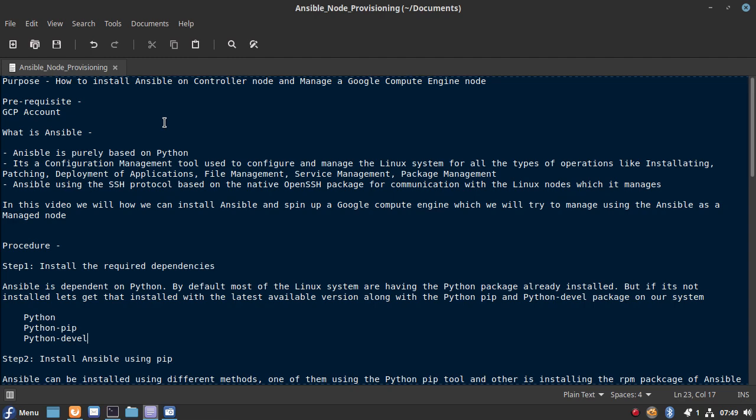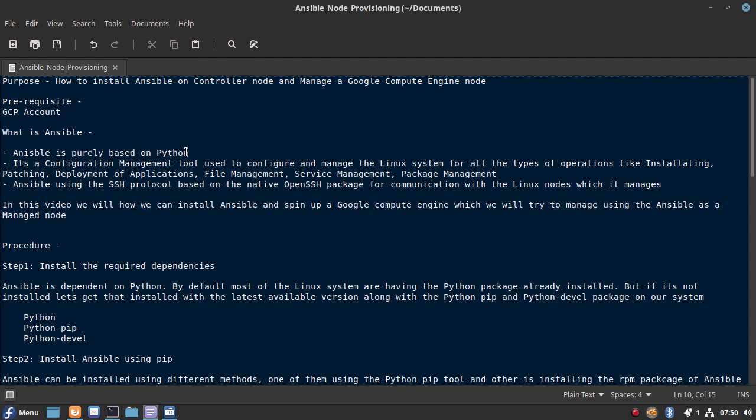It is very easy to migrate the scripts which we have written to manage our instances or Linux machines to Ansible. Ansible can be used to manage our Linux systems instead of using our standard scripts.